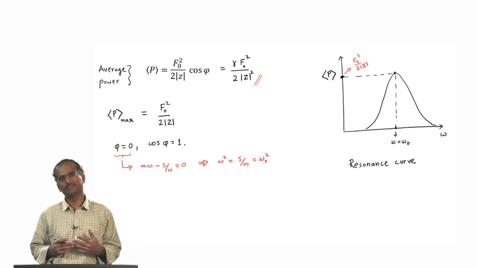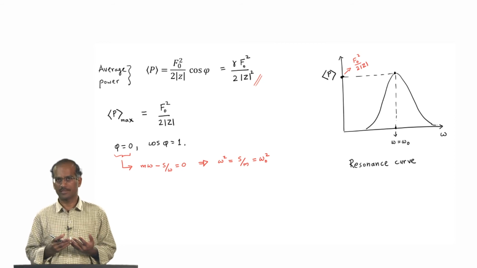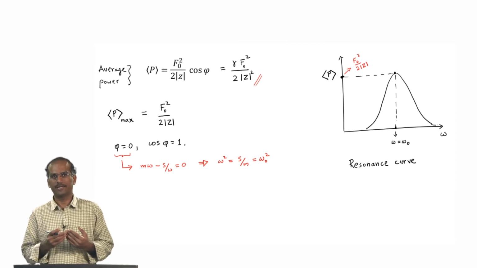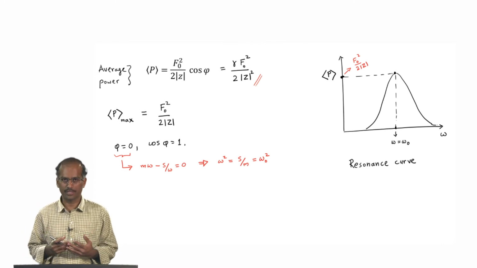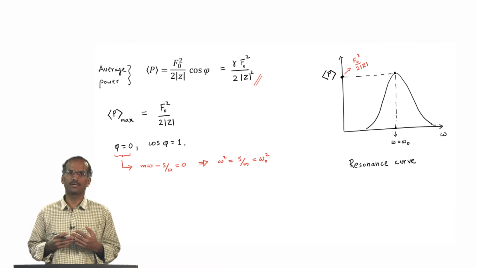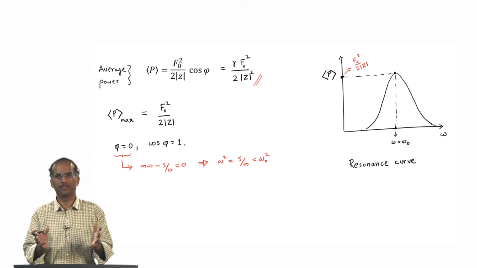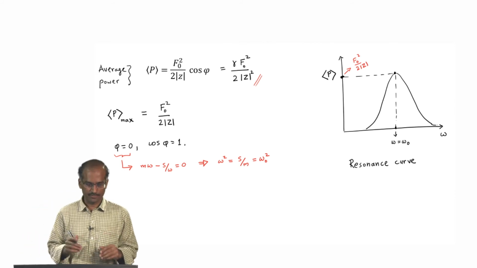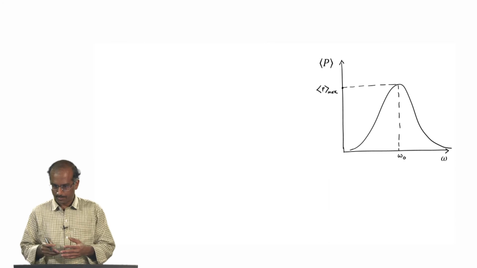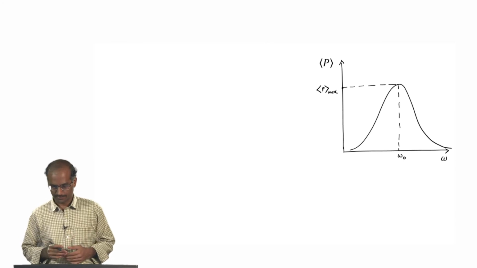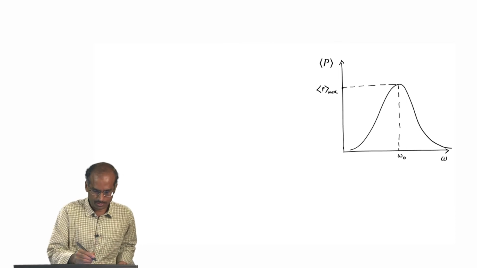The sharper the curve, the more power is given to the oscillator, and it is likely to sustain oscillations for a longer time. Hence you could say that sharper curves of this type would correspond to larger Q values without doing any calculation. Let us see if that is true. I have the same curve here, average power as a function of driving frequency, and what I would like to show is the following,